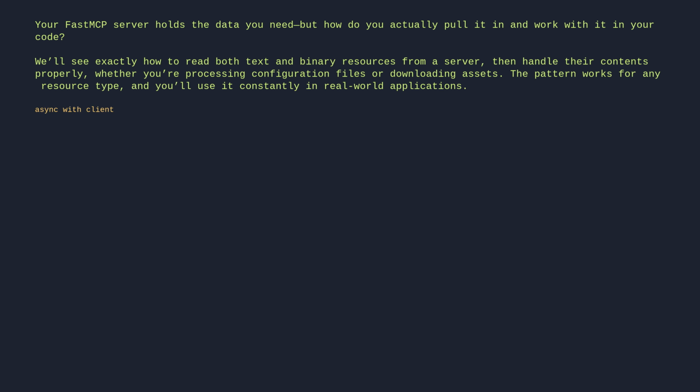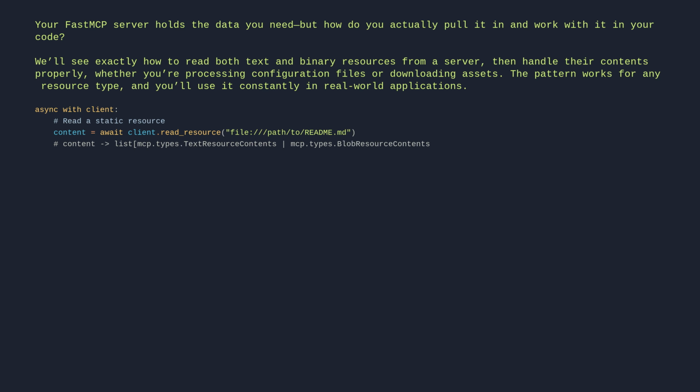async with client: # Read a static resource. content = await client.read_resource("file:///path/to/readme.md") # content: list[mcp.types.TextResourceContents | mcp.types.BlobResourceContents]. # Access text content: if hasattr(content[0], "text"): print(content[0].text). # Access binary content: if hasattr(content[0], "blob"): print(f"Binary data: {len(content[0].blob)} bytes")